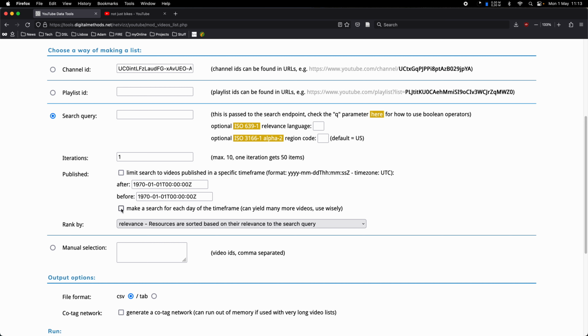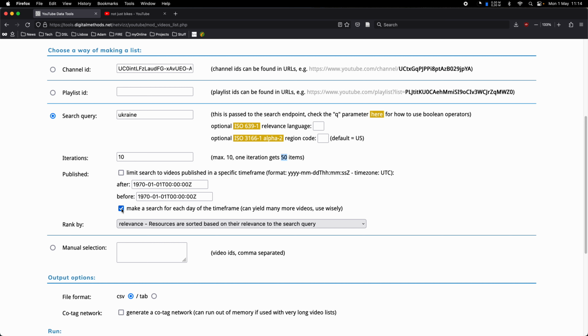One option that's specific here, and that's, I think, very interesting, is that if we search for something like Ukraine, and then we say, okay, we do 10 iterations, that's the max here. Again, every page or every iteration gets 50 items, so we can only find up to 500 videos. But of course, there are many more videos on the Ukraine war, or on Ukraine in general, on YouTube. So we can use this checkbox here, and then we have to define a